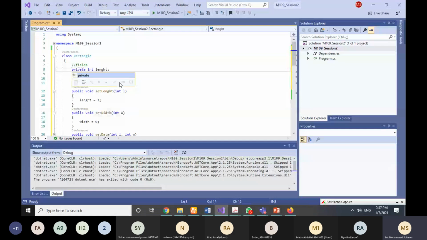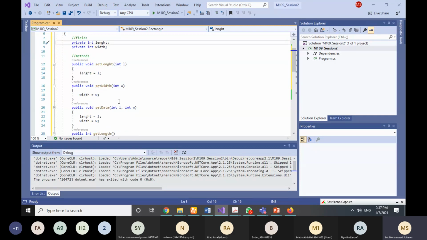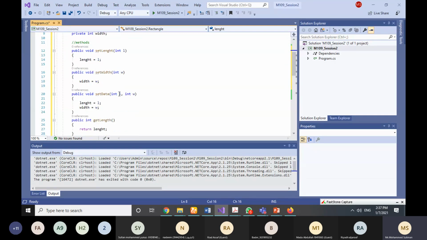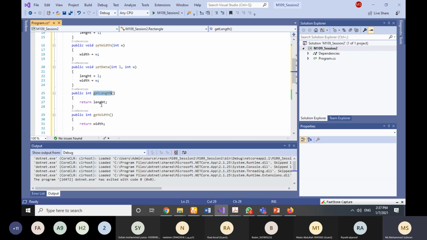I'll just make it private. Why? Data is very important, right? Everywhere, data is an important thing. Fine, so I'll make the data private. No one can access this data directly, but can access it by using these methods called get length, get width, because